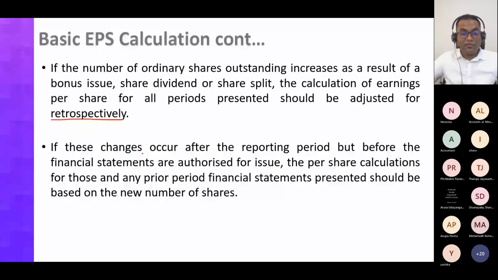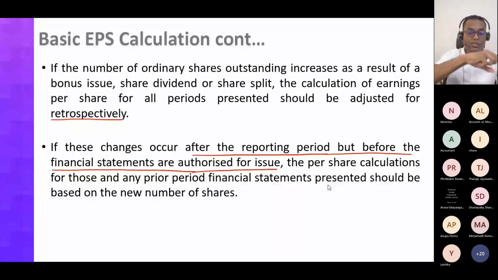Then the last point is, if these changes occur after the reporting period but before the financial statements are authorized for issue, such as this stock dividend which happened on 1st May 2021, then the per share calculation for the current year and any prior periods presented should be based on the new number of shares. So if the shares are issued after the year end but before the financial statements are authorized for issue, both the current year EPS and the comparative EPS need to take that into consideration